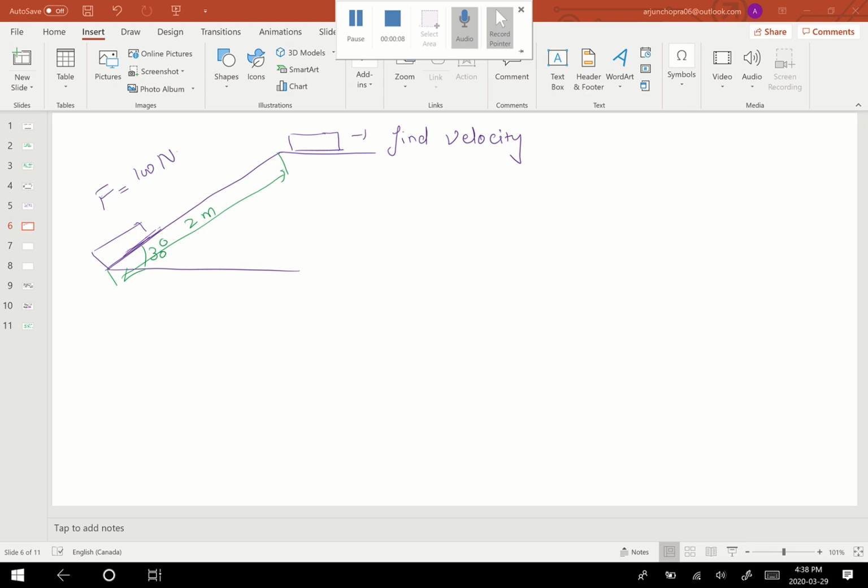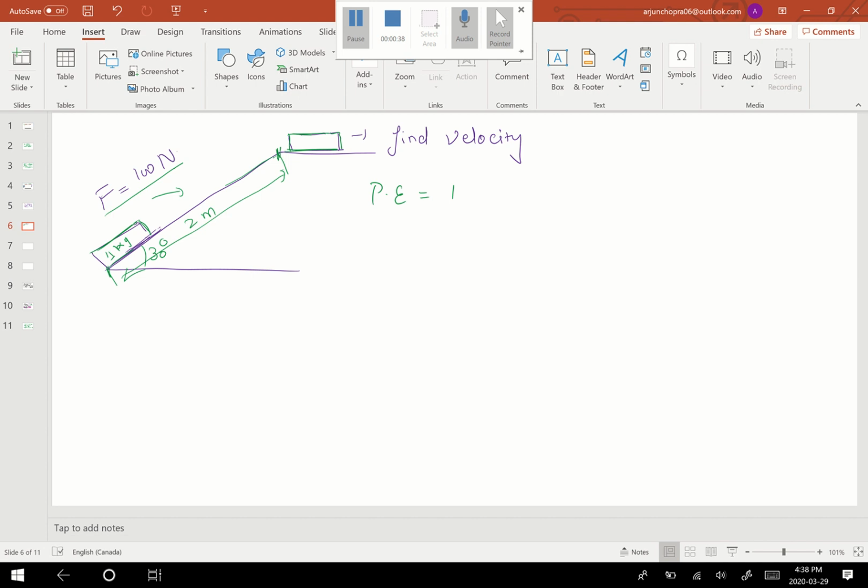Welcome back, friends. Let's look into another problem on mechanical energy in a non-isolated system. In this question, we are given a mass of 1 kg, and we're trying to push it up the hill, and the force applied is 100 newtons, and this wedge or inclined plane is 2 meters in length. I want to make sure that it crosses this 2 meters and reaches the top here, and what I want to find is the potential energy gained by the